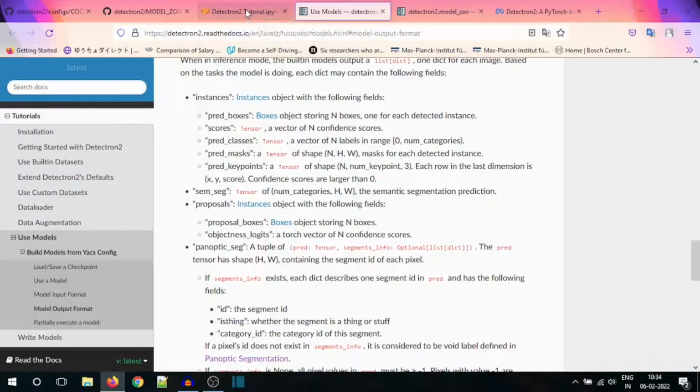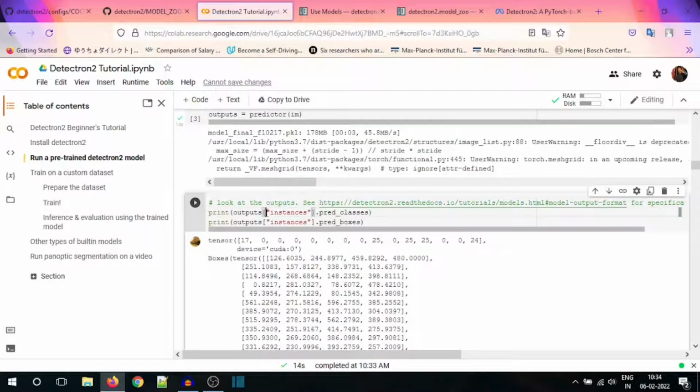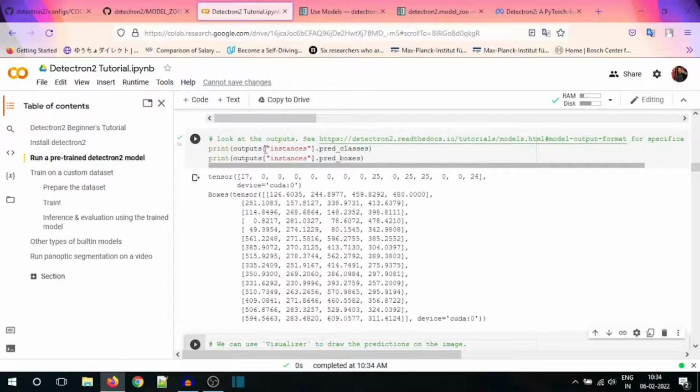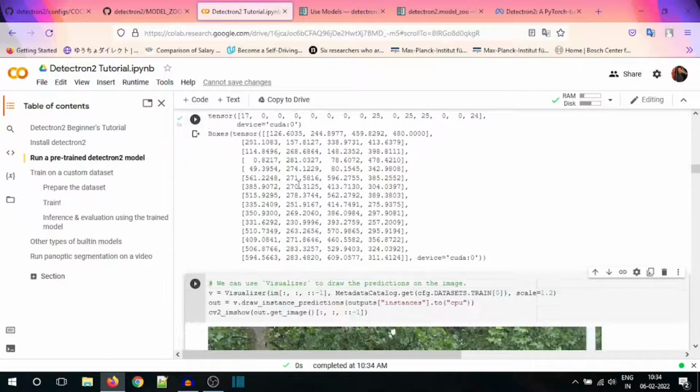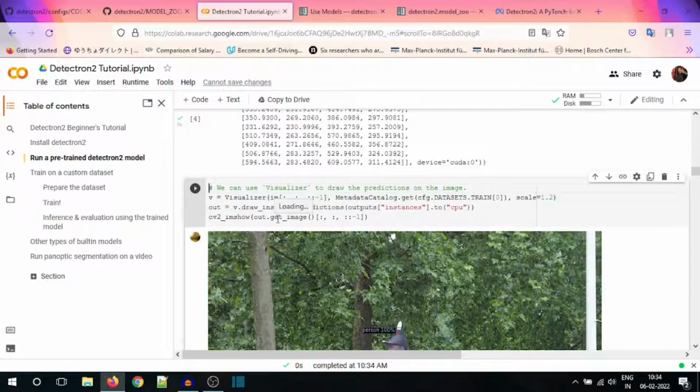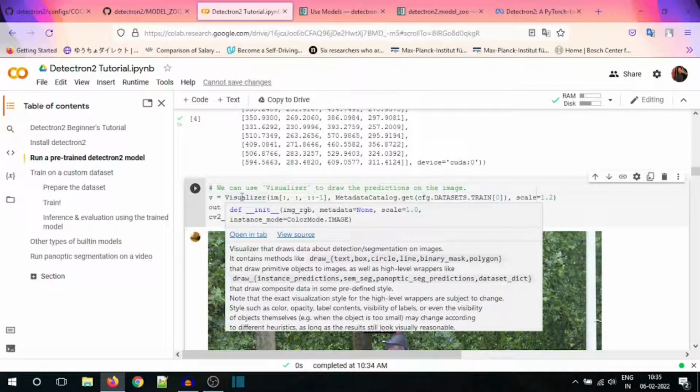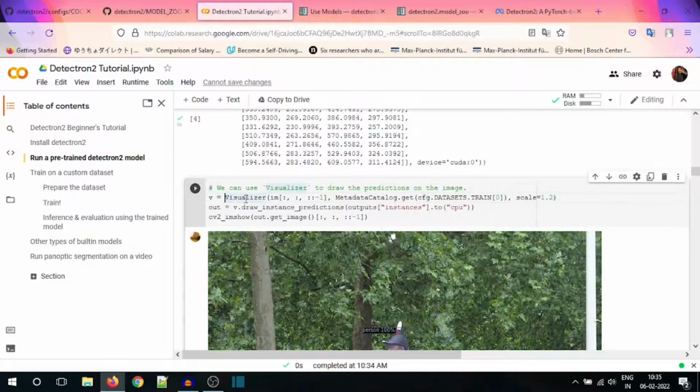So this just looks at some of the outputs, and then we have the output now. We want to draw this output onto the image. To do that, we have a Visualizer API. It draws the output predictions onto the image. So we create a Visualizer object by passing the image and the metadata of the dataset. Metadata basically contains the information about the dataset,